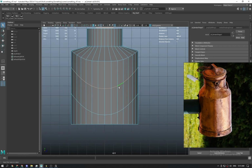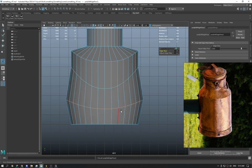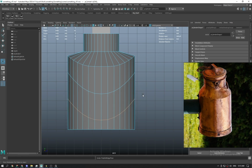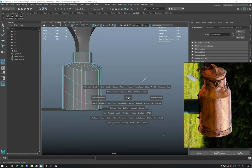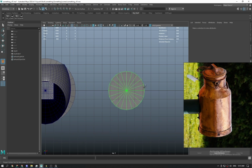And the best value for edit edge flow, it is 0.8. For some reason the value of one doesn't work exactly. It tends to overshoot cylinders. What I mean is, let's say you have a 6-sided cylinder,